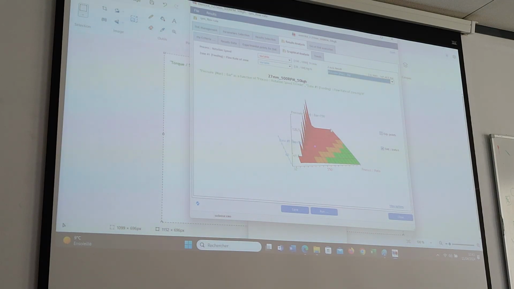So if you go back to the 3D surface and if you have a result selected, you should have the red and the green simulations. And then it's also possible to select one working simulation, so one simulation which fits your criteria, and to save it as an individual simulation.